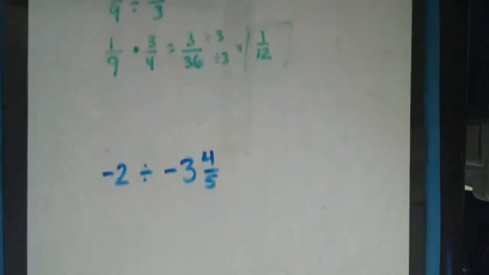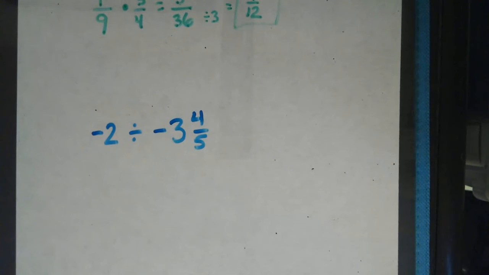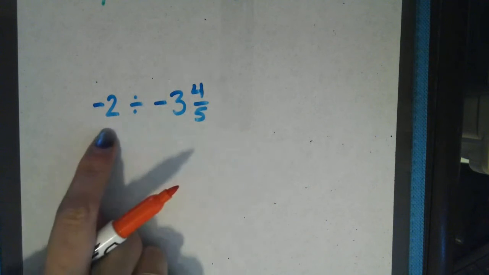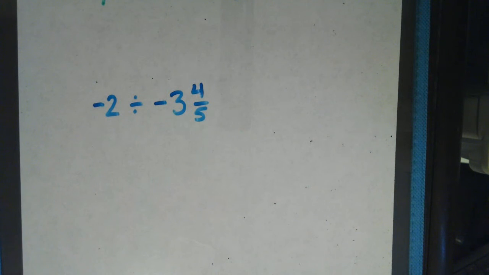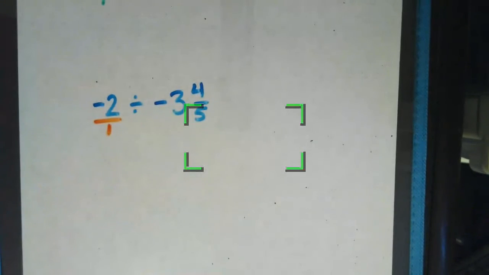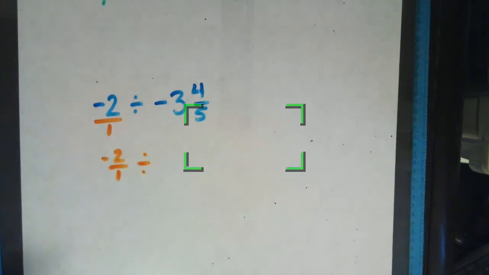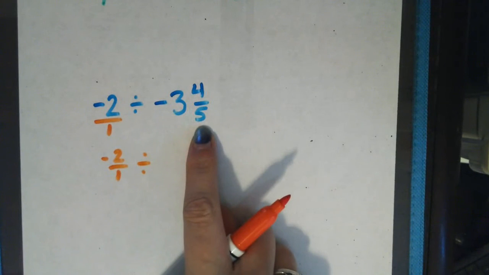We're going to try one more. -2 divided by -3 4/5. First thing I'm going to do is write these as improper fractions. First up, I have -2. That's not a fraction. I want to write it as a fraction, and if you just have a whole number, you can always write it over 1. That is always safe. So I have -2 over 1 divided by,